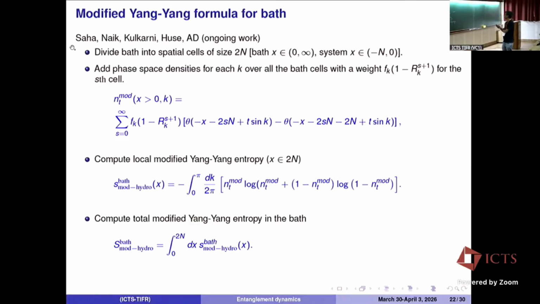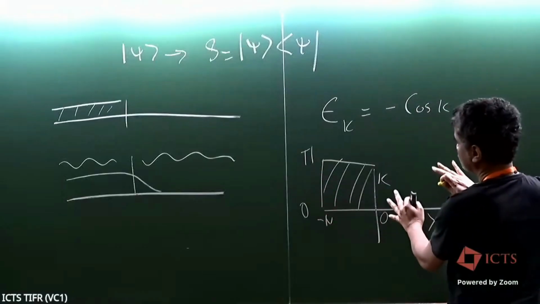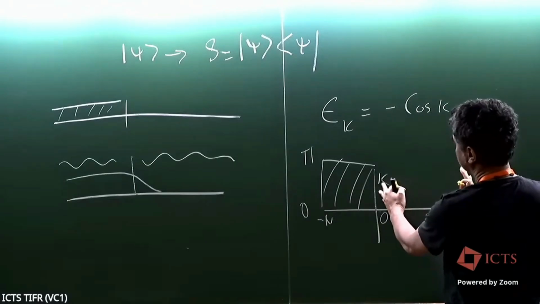So the basic idea is, we have this phase space density, on this right hand side. At any time we can compute the phase space density everywhere, right? And to find the entropy, what we did is we integrated the